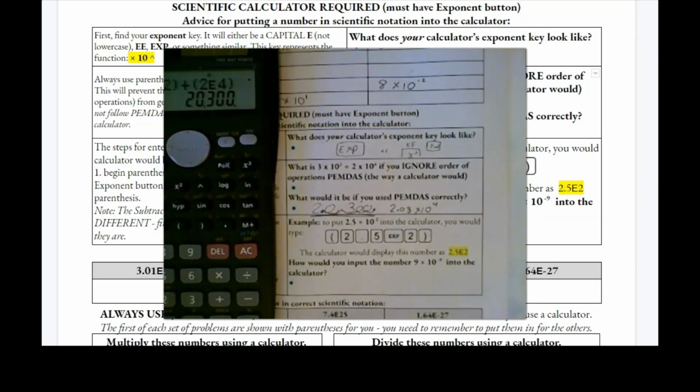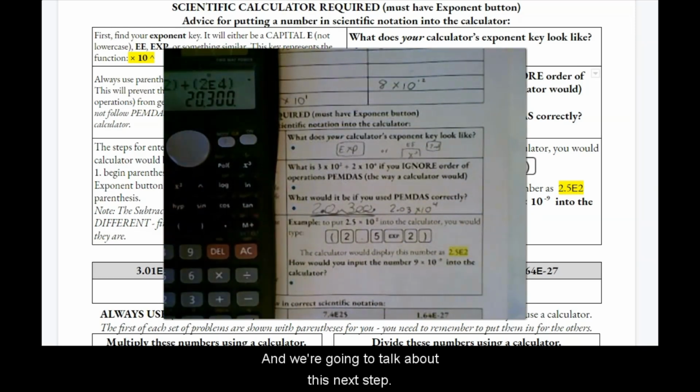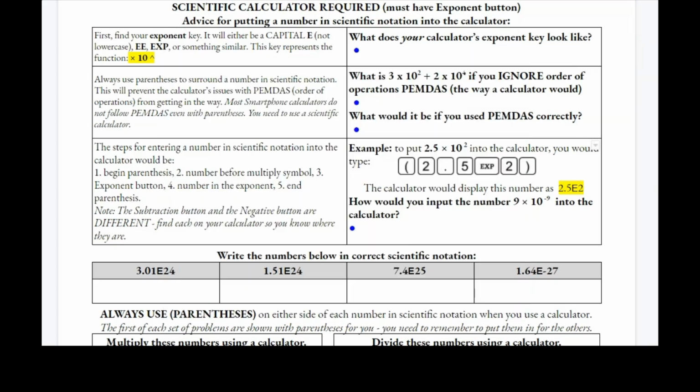All right, so I'm going to pause it there, and we're going to talk about this next step. Here, it's checking to make sure we know what our buttons do and what order to push everything. It's asking, what would you do to input the number 9 times 10 to the negative 9 into the calculator? The first thing you would do is type the parentheses, then type the 9, then type the exponent button. I'm going to use brackets to show that it's a button,